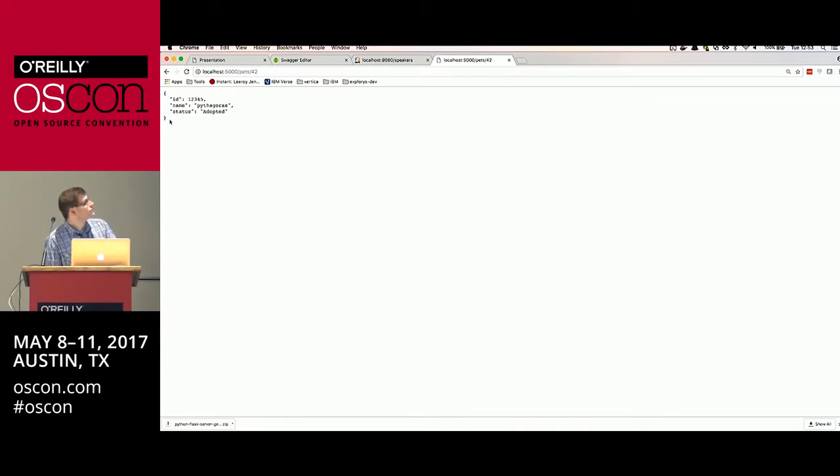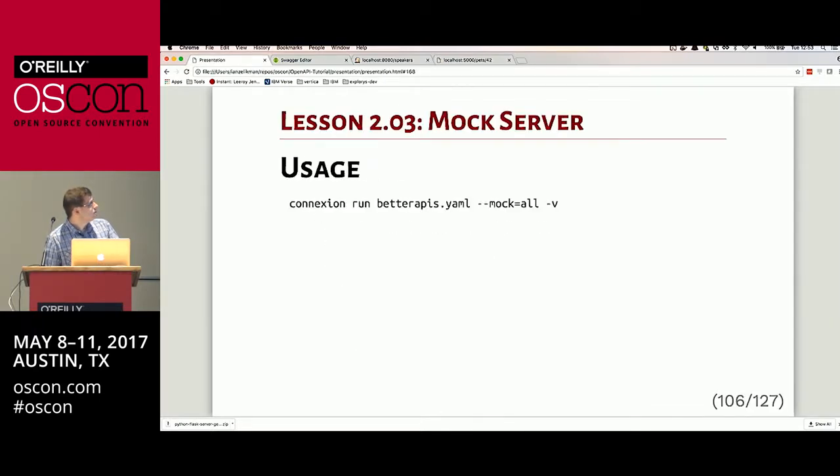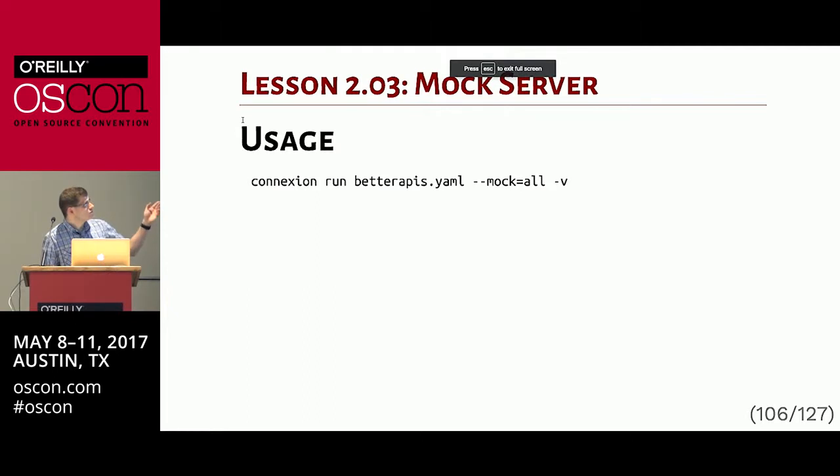And this is what your clients are going to see, versus a general 404, where it completely can't find it. So in this lesson, this is the usage that you've just seen with a connection run. You pointed it to your spec, and you say, I want to mock the spec and serve it. And by default, it would be on port 5000, which I believe is also mapped from your VM to your